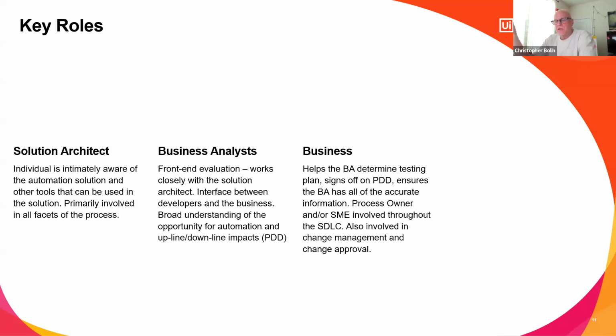Because remember, the steering committee has the holistic view of where that automation sits within the organization's mission and impact and goals. So the business can be very pressing. They can be very understanding sometimes, but these three roles are the primary roles in automation